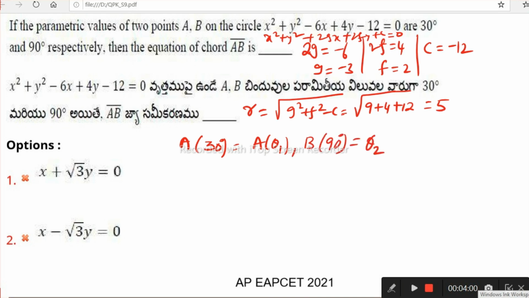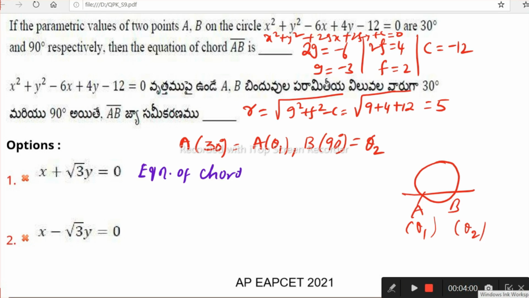If you know the parametric angles theta 1, theta 2, we want the equation of the chord joining AB when A and B have parametric angles theta 1, theta 2. There is a formula that I'm using here. What is that, you see now. Now the equation of chord AB, we can use this formula. Equation of chord AB is